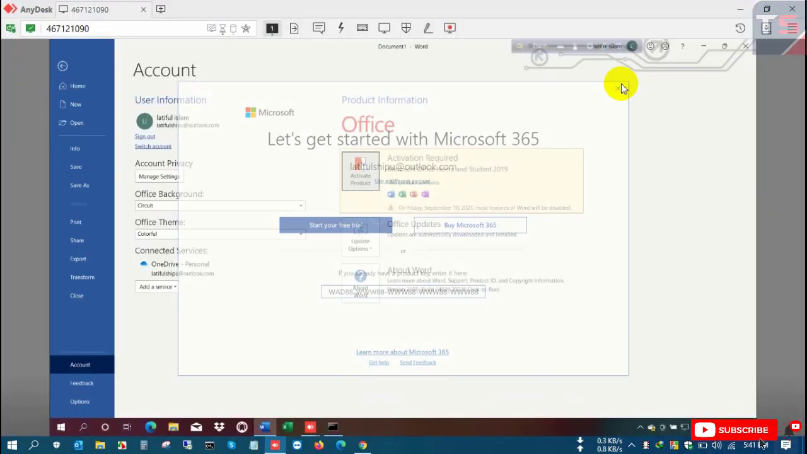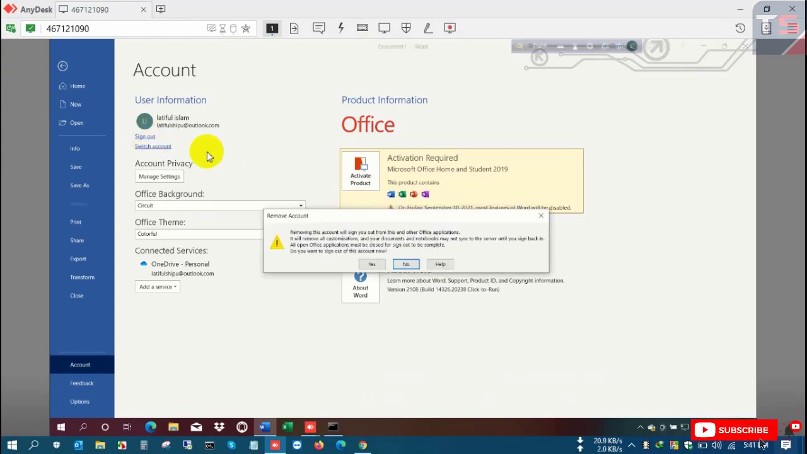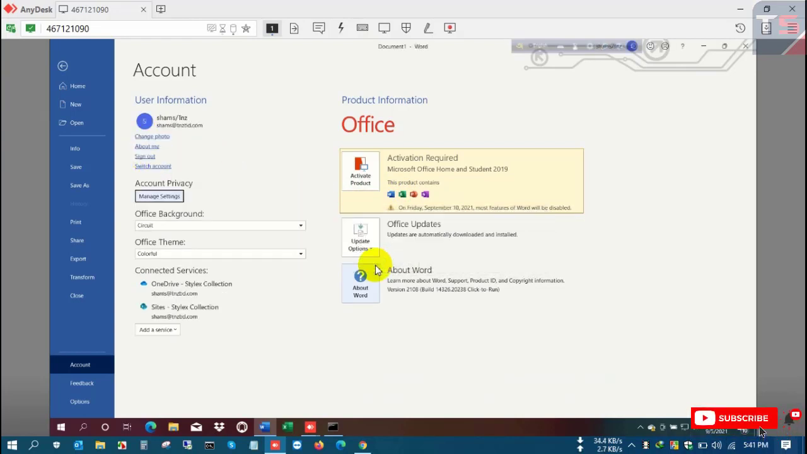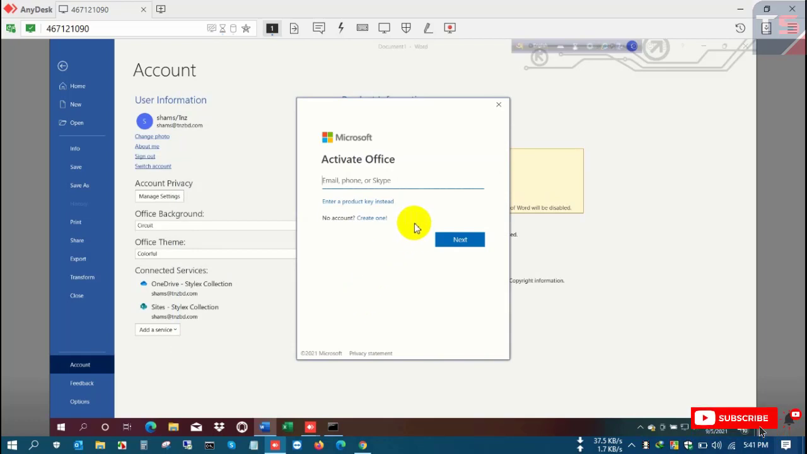Today I show you how to activate your Office Home and Student preloaded version. So let's start. This is Office Home and Student already installed, and I am checking the mail address that contains the license. So I am trying to sign in to this account